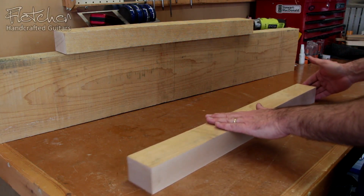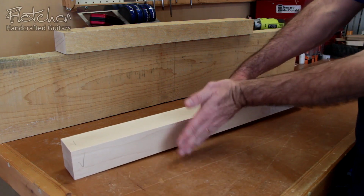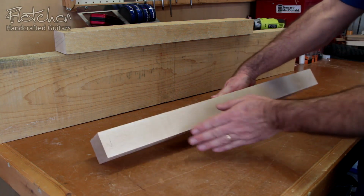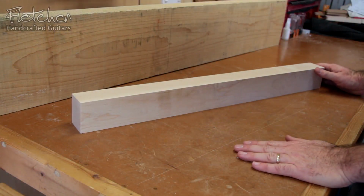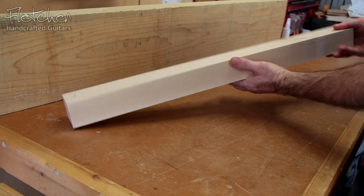I'm now going to pass this through my drum sander, and I'm going to bring this face down parallel with the bottom, and then I'm going to flip it this way and pass it through again. I'm going to bring this face down parallel with this side. So basically we're just squaring it up. So we've got all this squared up now,